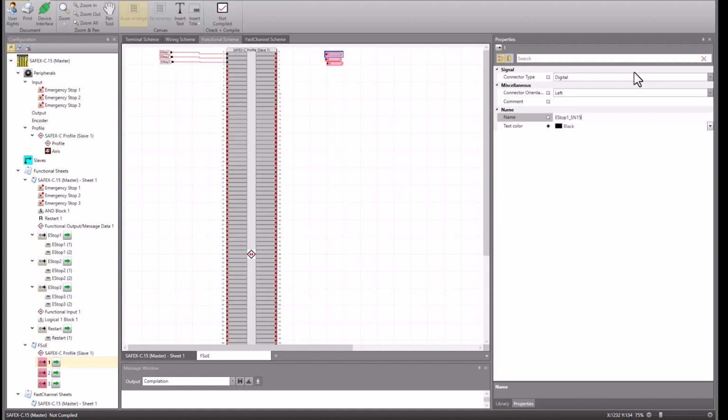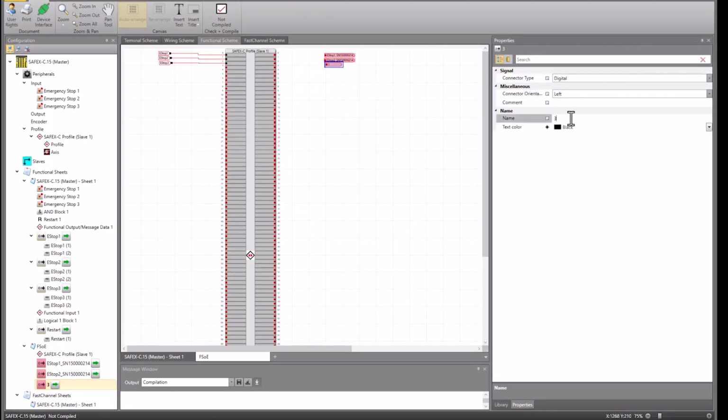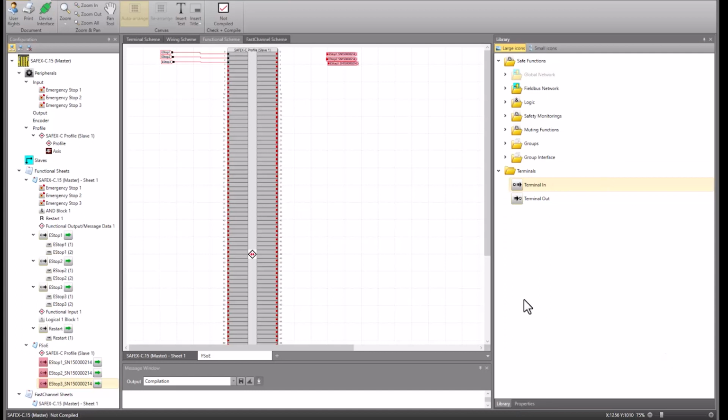To distinguish the name, the serial number of the controller is also added. This is then the name. I now copy this to the clipboard because I need this name also for the other emergency stop signals. And I wired them now first of all.